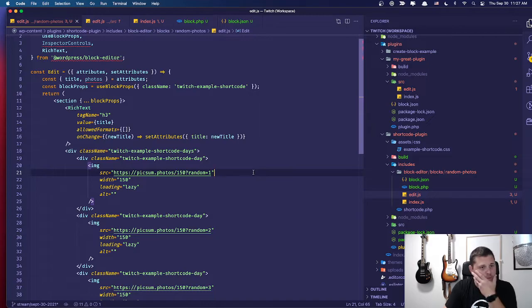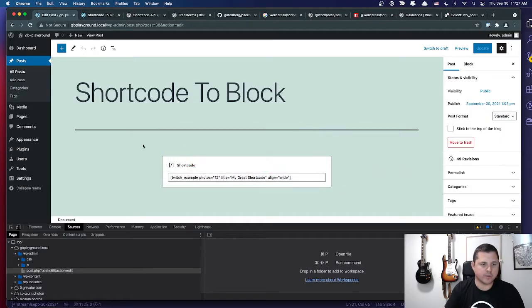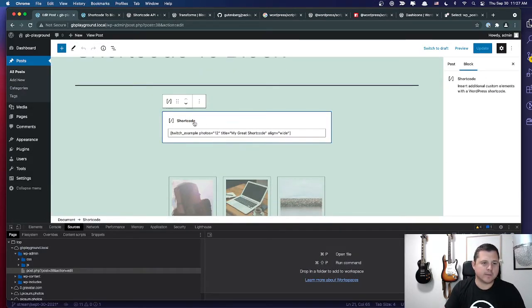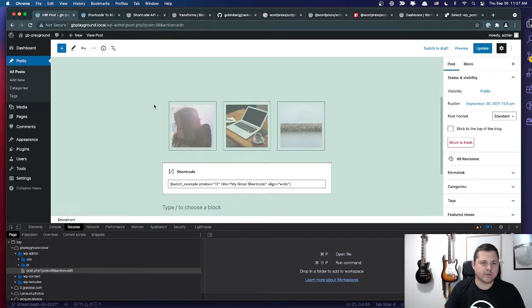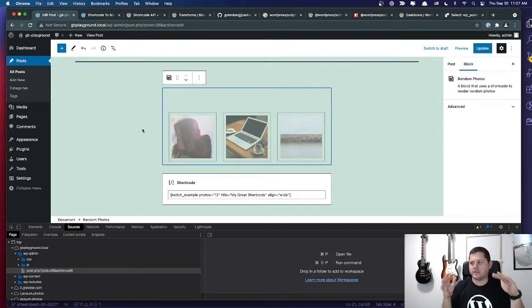So the next thing that we want to do is put in a control for the number of photos. And so we said that we were going to put that... You know what? I'm going to move this down so now we can see this, right? And you can see already that this is like,